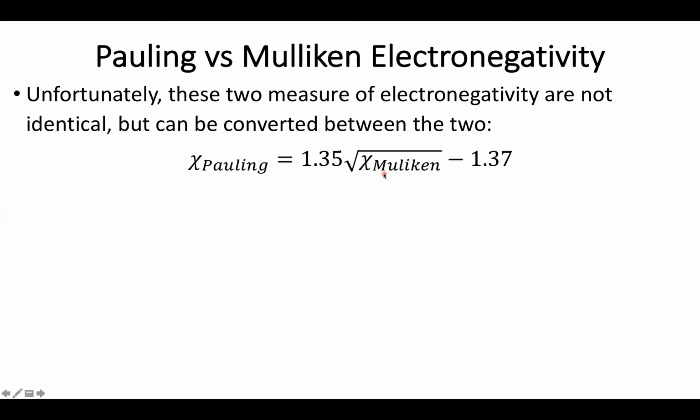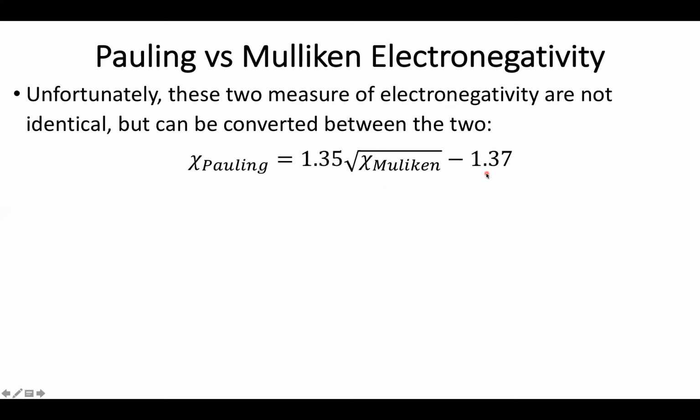It is a good general trend. So if you're looking for numerical accuracy, you're probably going to actually want to find the literature numbers and calculate each one independently. But if you're looking for some rough values, this is actually not the worst place to start. So you can take your Mulliken electronegativity, then square root it down to bring it down to the same scaling and units as Pauling,